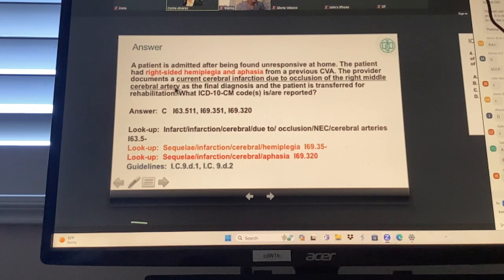So here's the patient has a right-sided hemiplegia, so he has inability to move the right side, and aphasia, unable to speak. And so the provider documents he has a current cerebral infarction due to occlusion of the right middle cerebral artery. And so here's some of the lookups: infarction, cerebral, due to occlusion. And so you're going to find that,